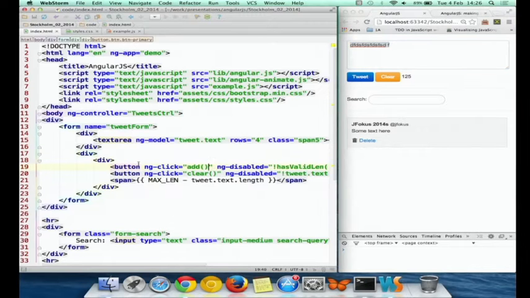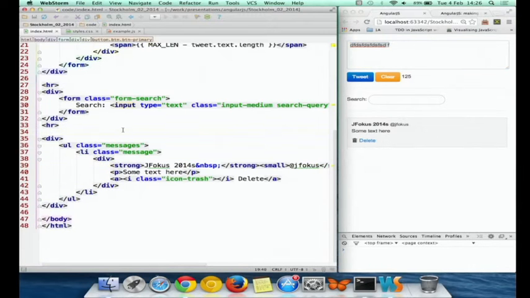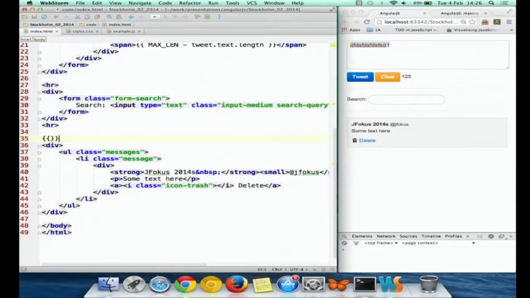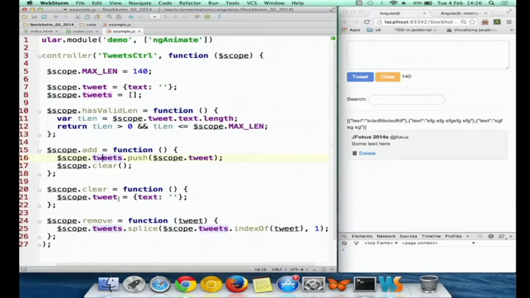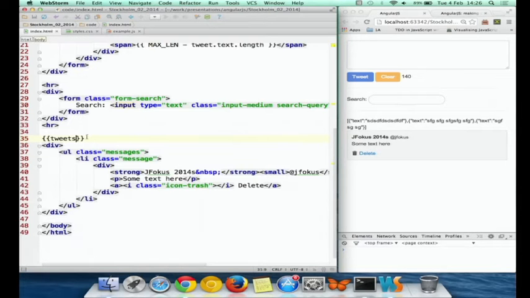So as soon as we have those lists of tweets, we can try to display them. Right, it's empty. We're adding it. We can see it goes to the list. All the buttons are updating because after adding a tweet, we are also clearing the current tweet and so on. So like this all starts to move, and with very little effort on our part.